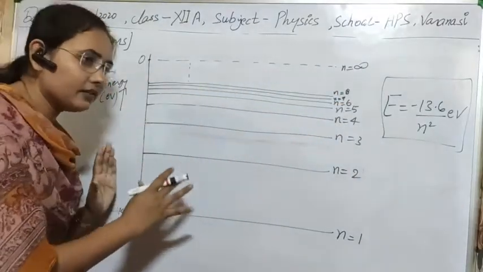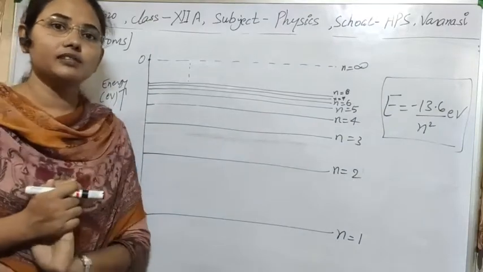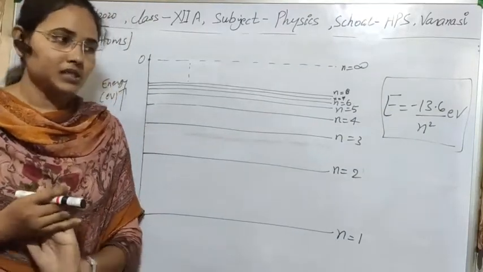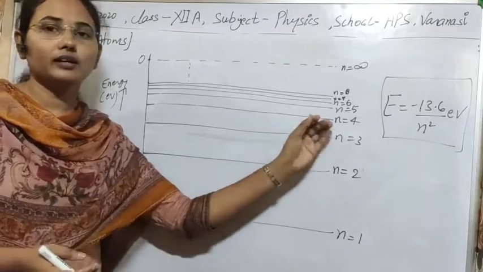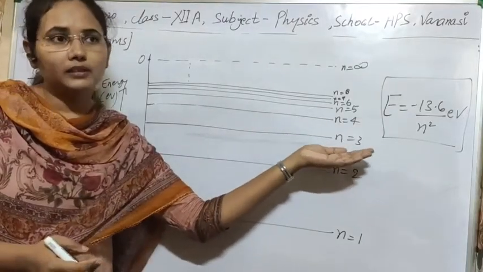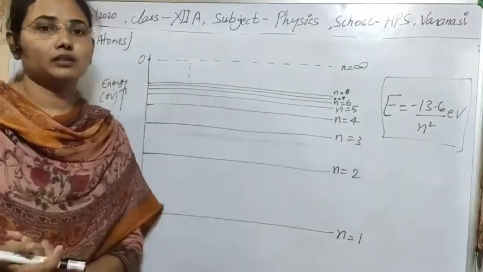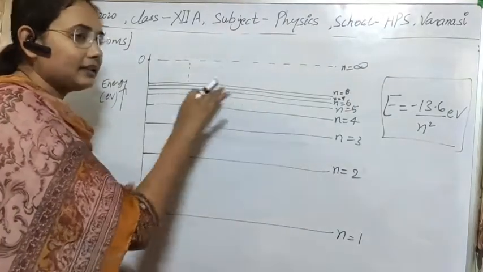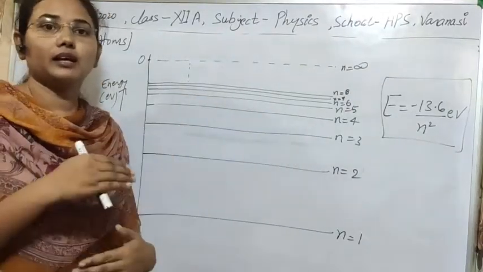So the concept of energy levels should now be clear to you. The energy associated with any orbit can be drawn by a line, and that line will tell you the transitions